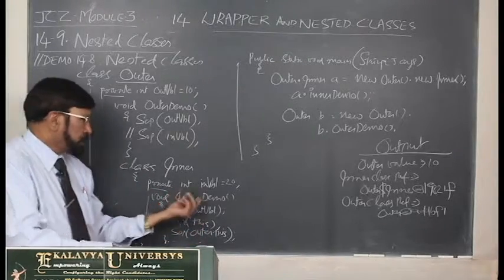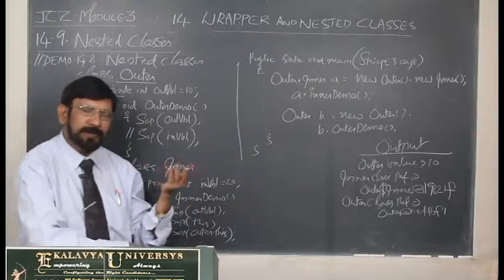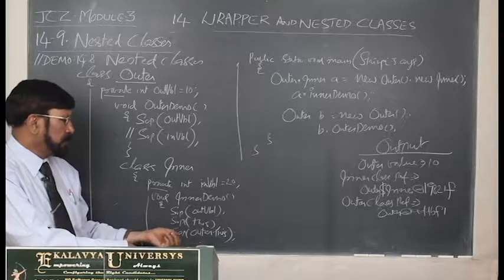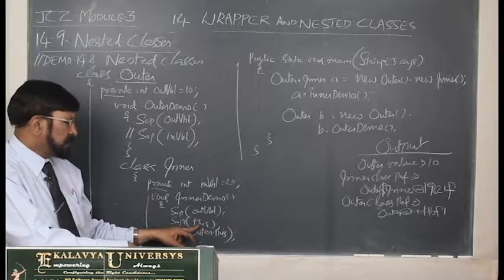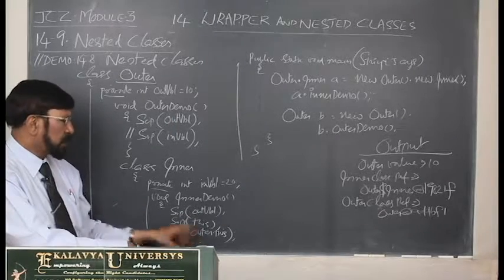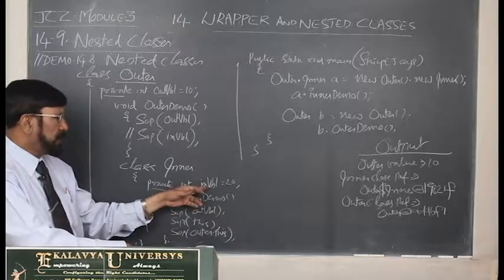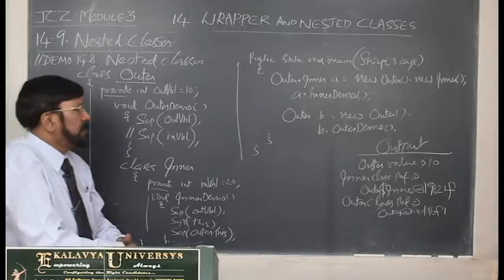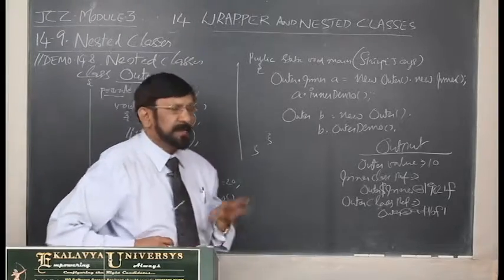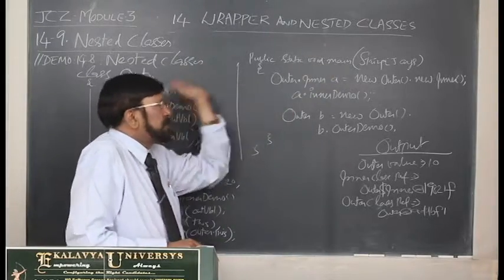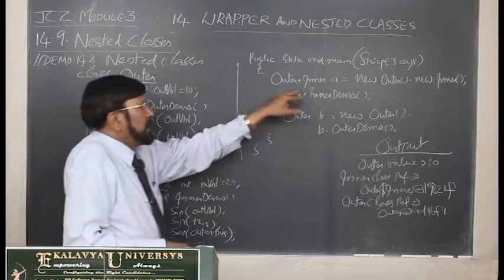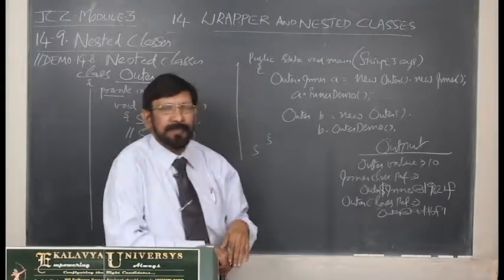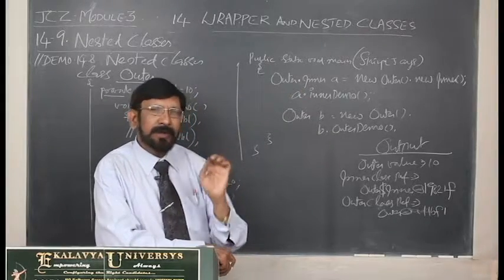So, through this innerDemo what we would like to print: one is the outer class variable value, and the second is this, and Outer.this. If you want to print the inner class variable value also you can do that, nothing wrong in that. Thereafter the main method I have defined within the body of Outer only. In this I am creating an object for Inner. Now the syntax is entirely different.